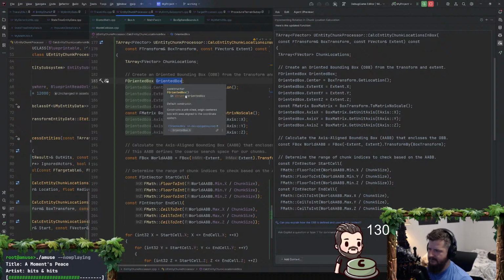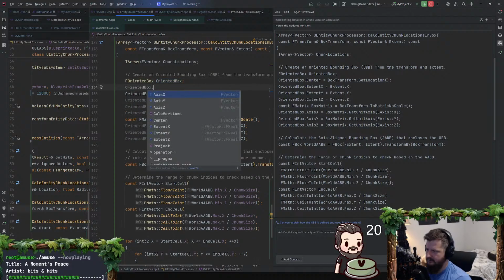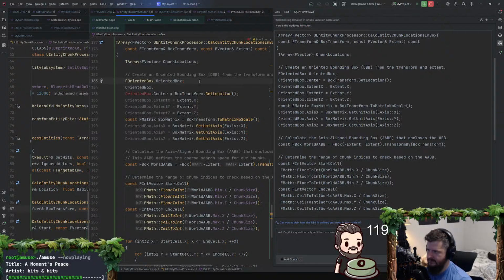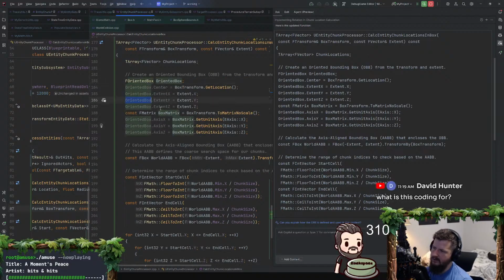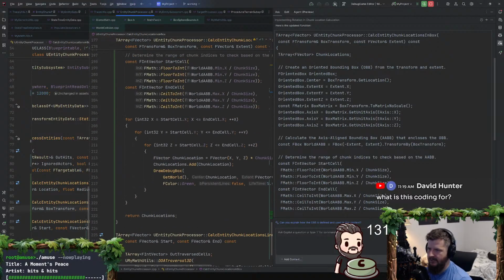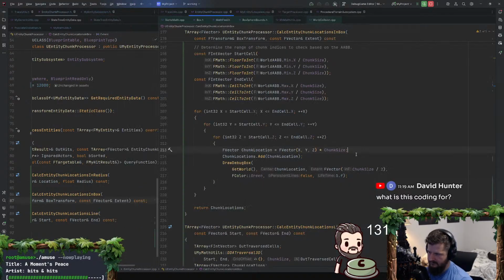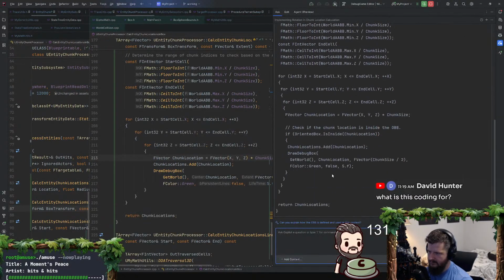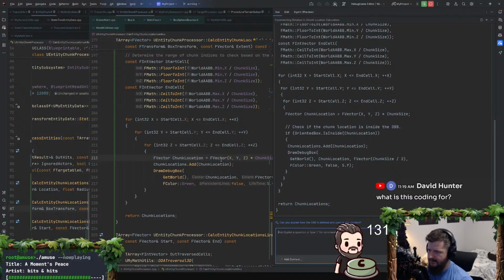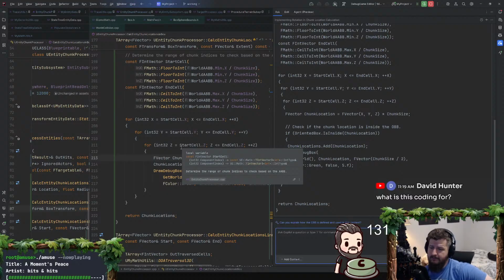Although this doesn't have a rotation. Just a center and extent. So how on earth is it? Oh, the axes. Oh, okay, I see. So we just do oriented box is within. Wait, let me look at that again. If the chunk location is inside the oriented box. But really we need to do a box to box